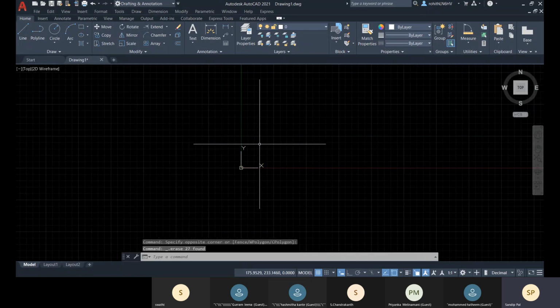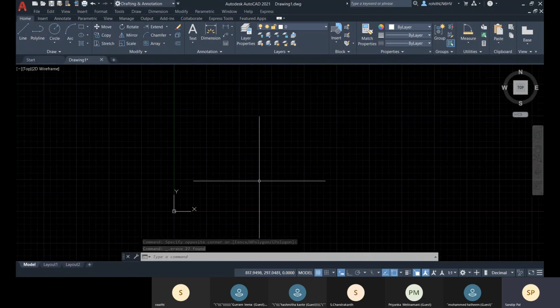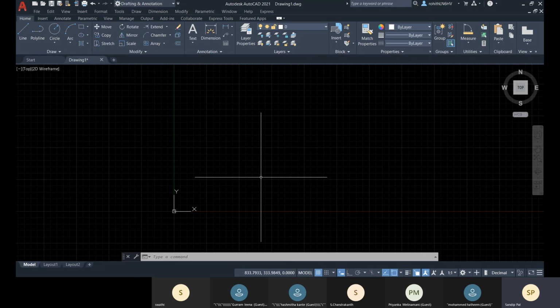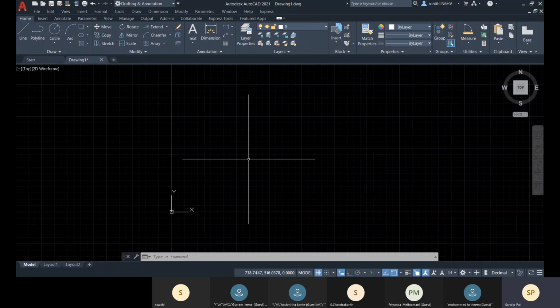Select them all, and now let me draw that object which I have shared with you. Let me show you that.